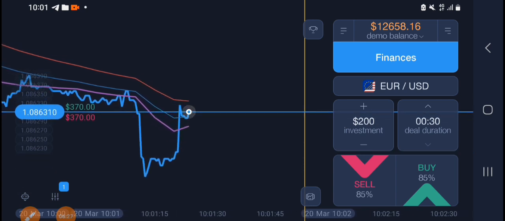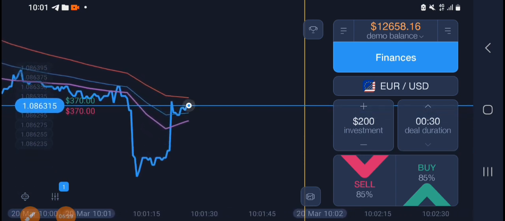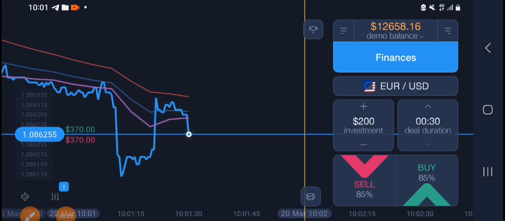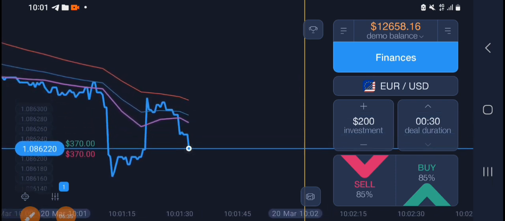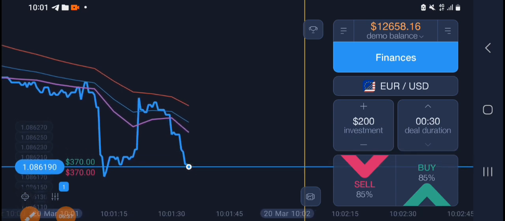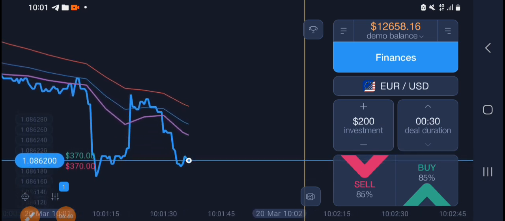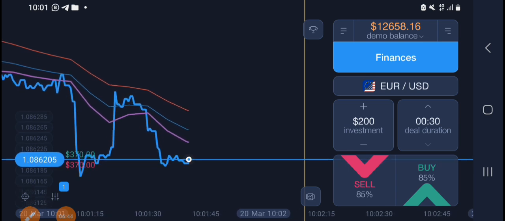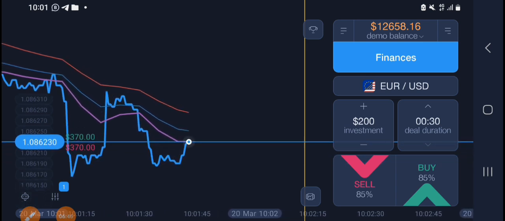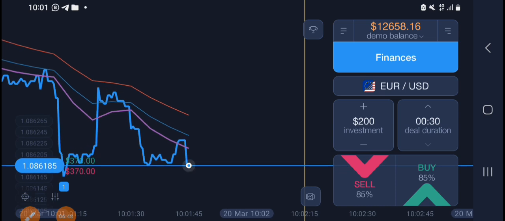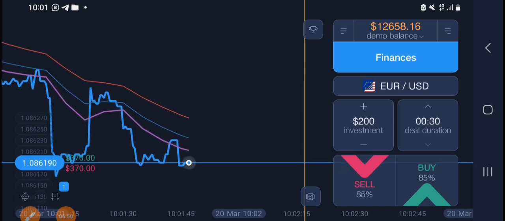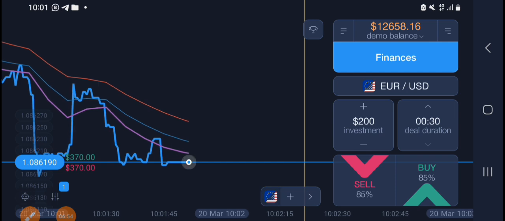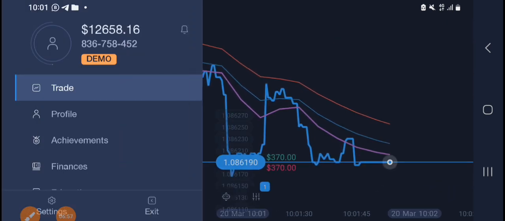As a beginner, you can choose the one you want, but I will advise you to use a little amount since you are yet to practice this, since you are yet to know how it works. That will help you get a better prediction. There are so many ways you can get a better prediction. Like here right now, you can choose